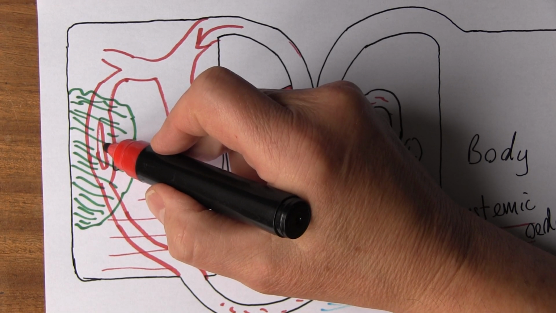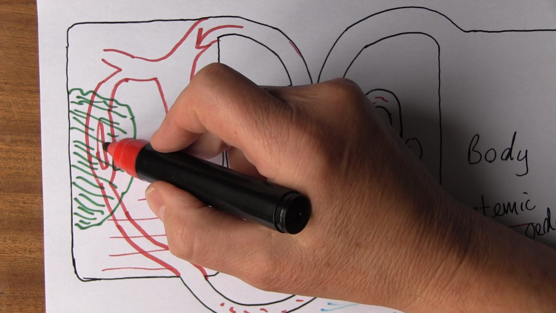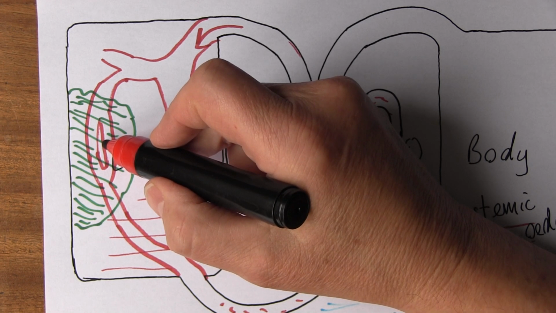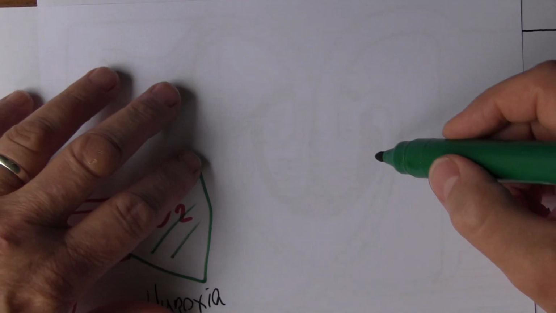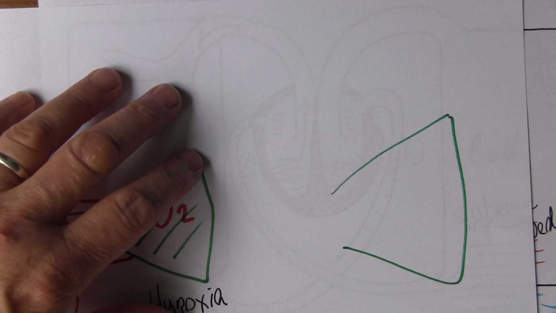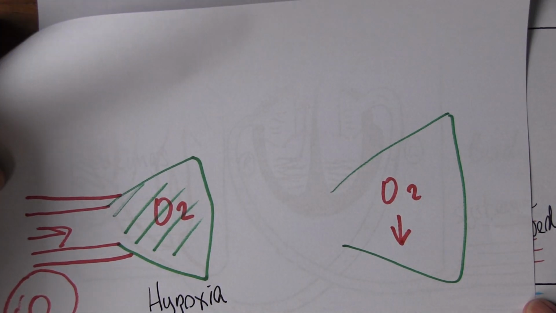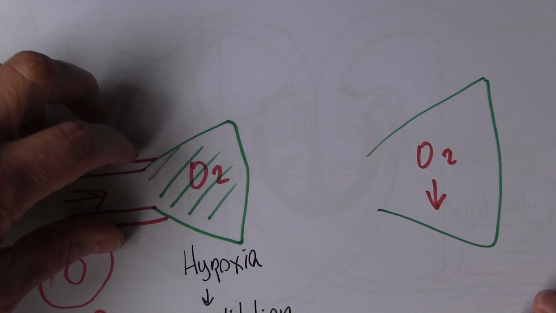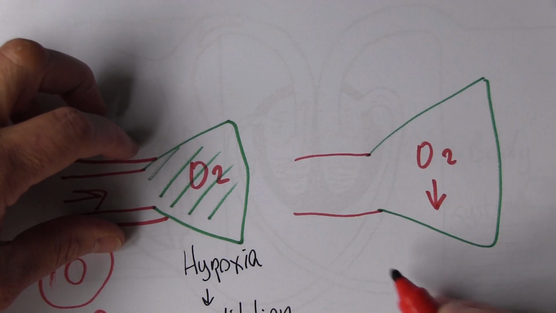Well, obviously not. So if you want to buy a loaf of bread, there's not a lot of point going to the butcher's shop because that won't have bread. You need to go where the bread is to pick up the bread. So what happens in the lungs is if there's an area of the lung where there's a reduced amount of oxygen, in the alveoli, then there's no point sending a whole load of blood to that area to pick up oxygen